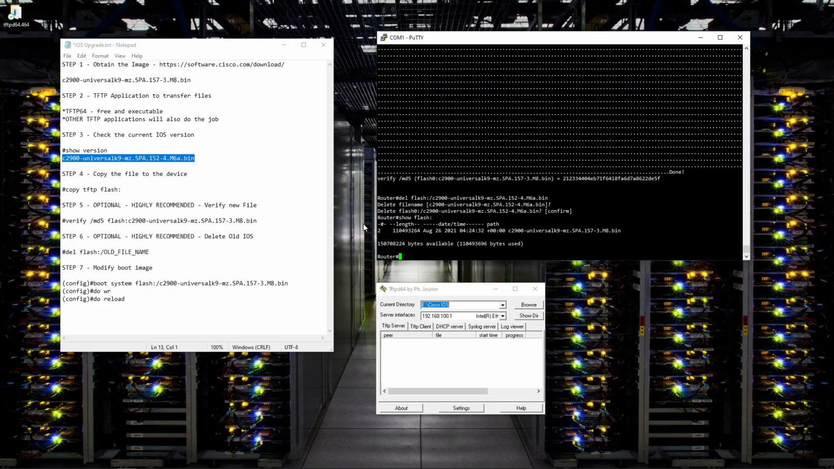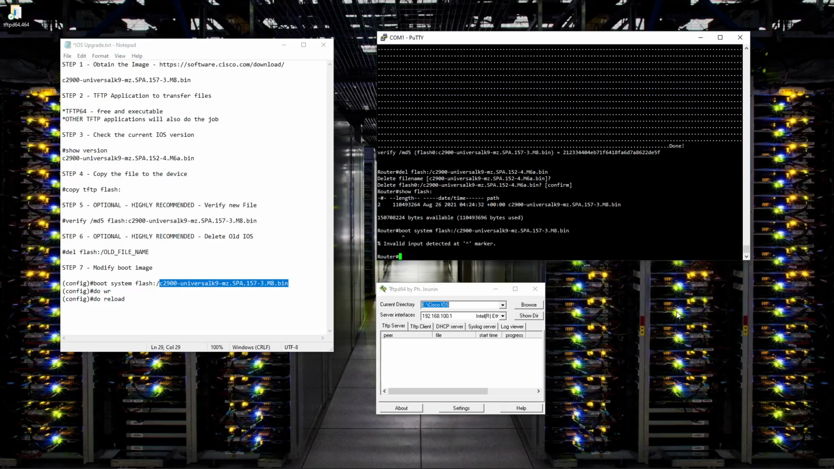Now it's just a matter of telling the router that next time it boots, it should use the newest iOS image. We're going to do that by typing in the command boot system flash, and we're going to specify the newest iOS version. And copy paste, so I don't want to type the whole thing again. Okay, enter. Oops, sorry, we need to be in global configuration mode. So I'm going to type in conf t,